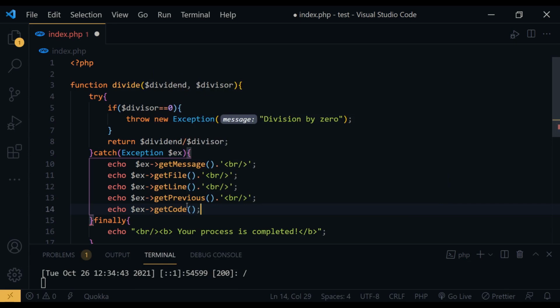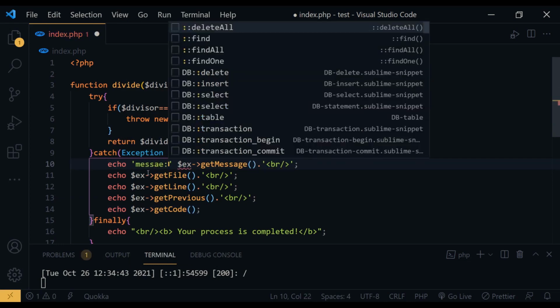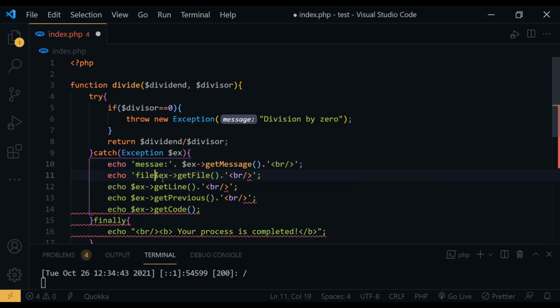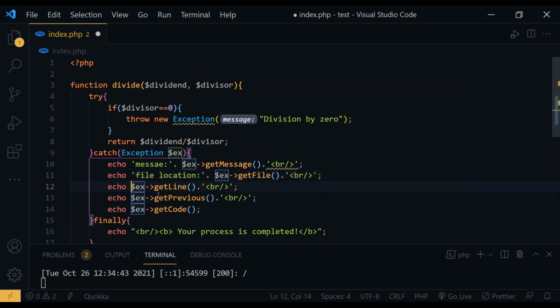Okay, here let's add some text: message, and here as file location,